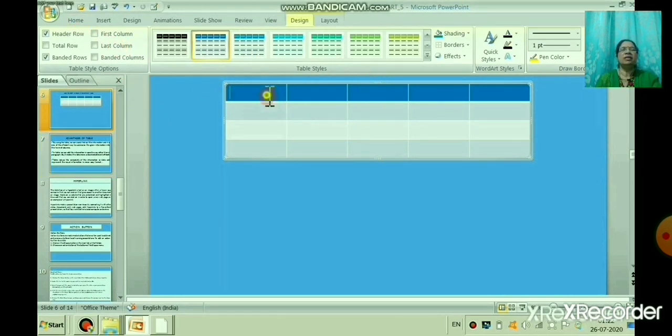Now first of all, can you see 1, 3, 5 columns, and I have selected 5 columns and 4 rows. In the first column I am going to write roll number and 3 subjects' marks, okay, maths, English, and randomly I am taking 3 subjects, and 1 more subject.